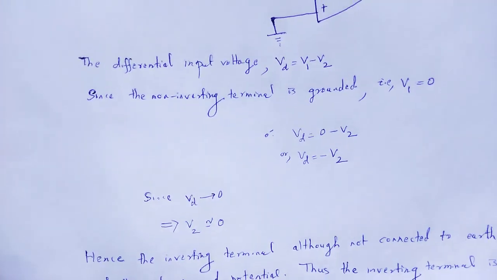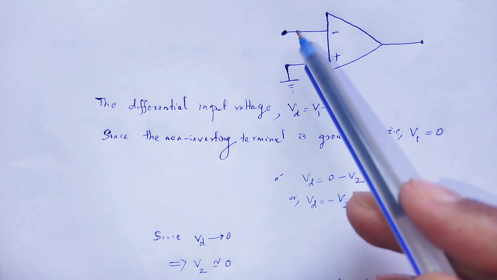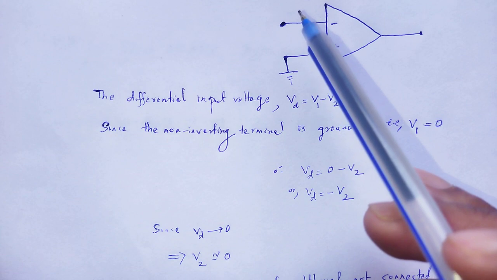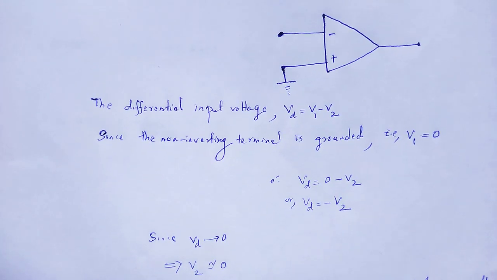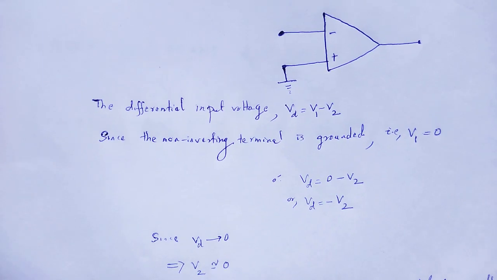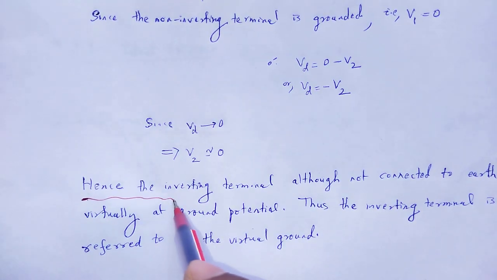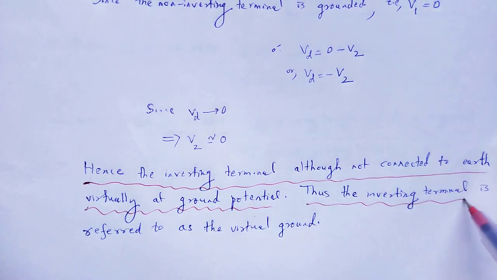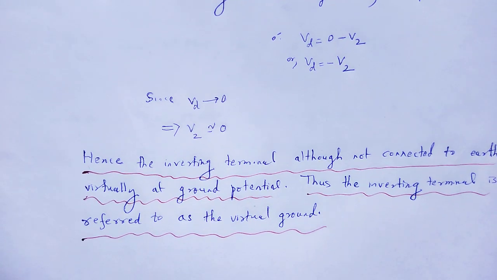Without grounding that end, its potential is the same as the potential of ground. For that reason we call it virtual ground. Actually it is not grounded, but its potential is exactly the ground potential. Hence the inverting terminal, although not connected to earth, is virtually at ground potential, thus the inverting terminal is referred to as virtual ground. Okay. So, with the help of this video lecture we understood the concept of